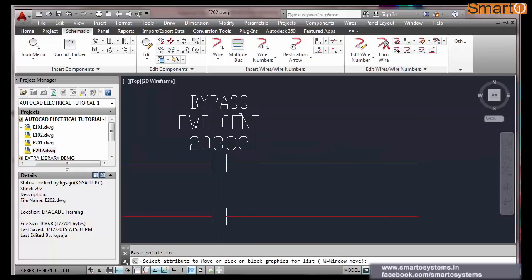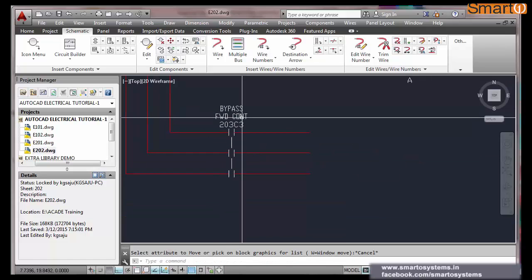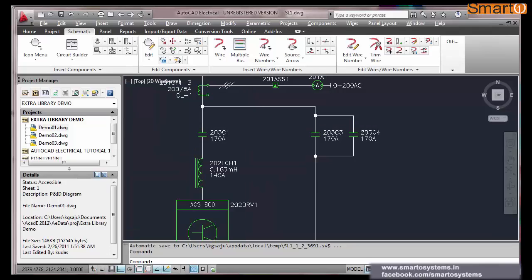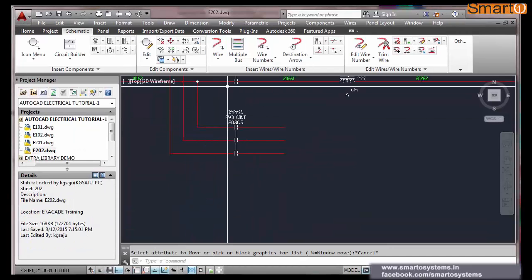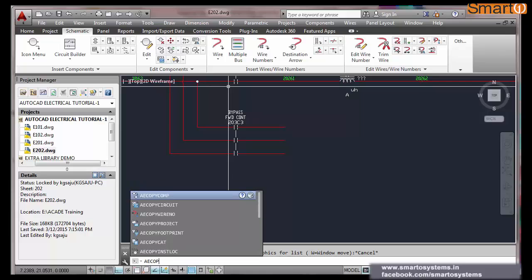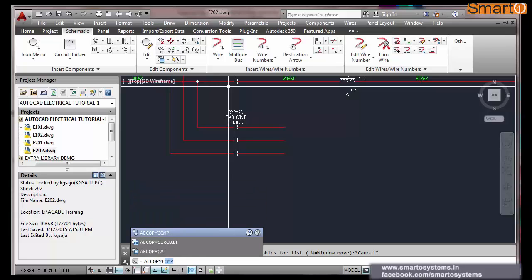Then you can adjust the position. 203 C3. Now I am going to copy the same circuit. Copy component.